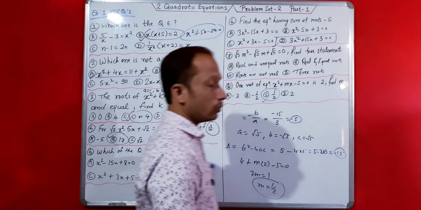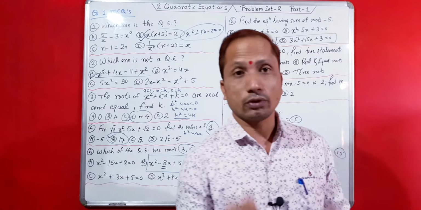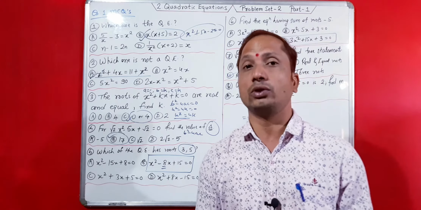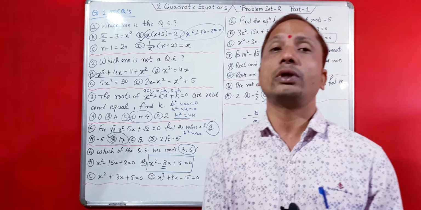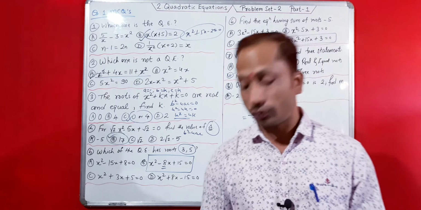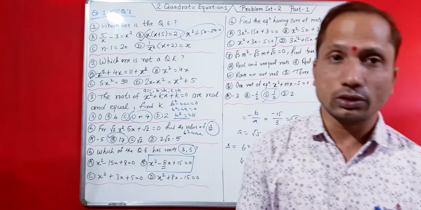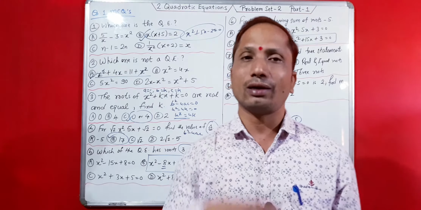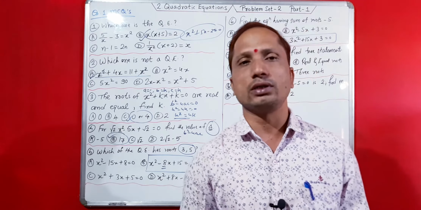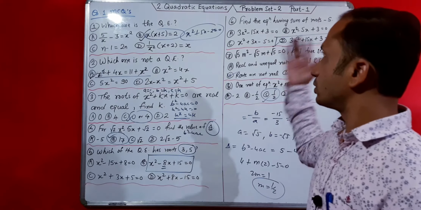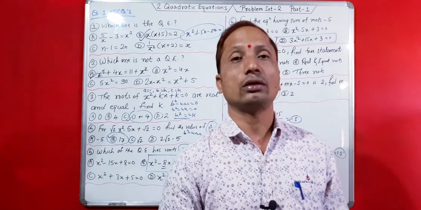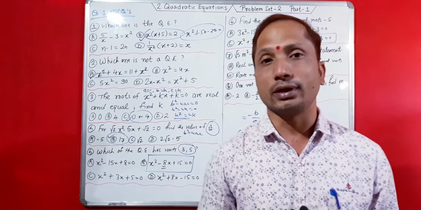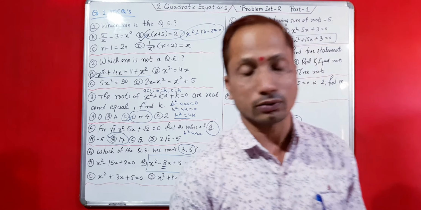Do the calculation. In this way you have to solve this question. This is an MCQ, a multiple choice question. You have to choose the correct alternative from the given options, but for this purpose you should have the knowledge of the lesson properly. You should know how to solve this type of question, and then only you will be able to solve this. So you have to revise the whole lesson once in a good way, so you will be able to solve such questions very easily. So we have covered this question. This is the first question. Choose the correct appropriate alternative from the given options. We have solved it, and now we are going to solve question number second.